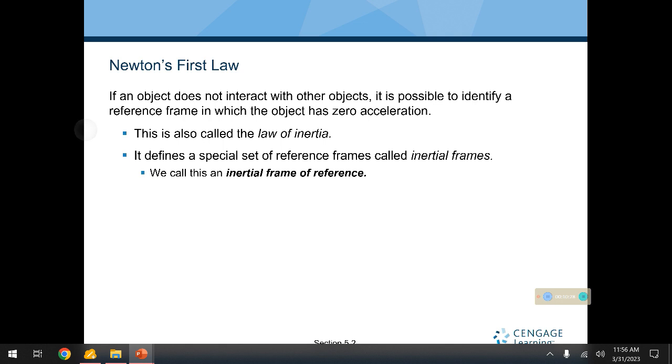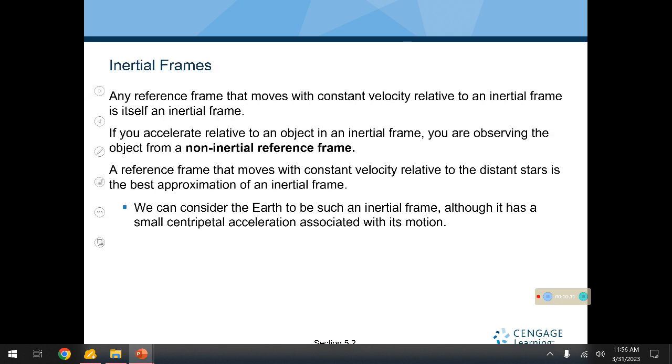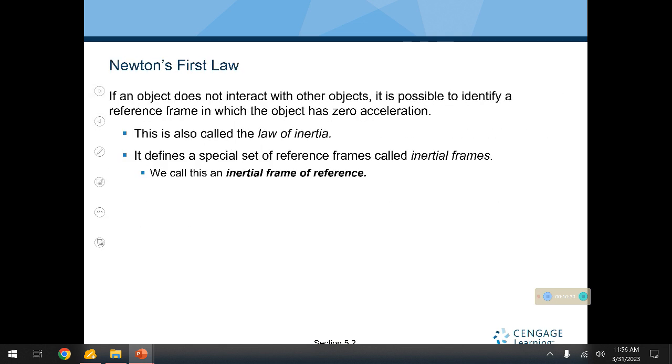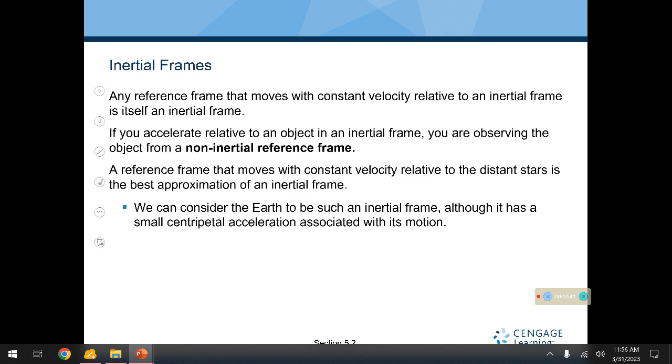You already got it. Sorry, I don't want to reiterate what you already know. Inertial reference frames. Okay, this is kind of a little bit of a different thing, and not too much. We call an inertial reference frame a constant velocity. Non-inertial reference frames is quite simply when an object accelerates. And we always try to do our force diagrams from an inertial reference frame, because from a non-inertial reference frame,